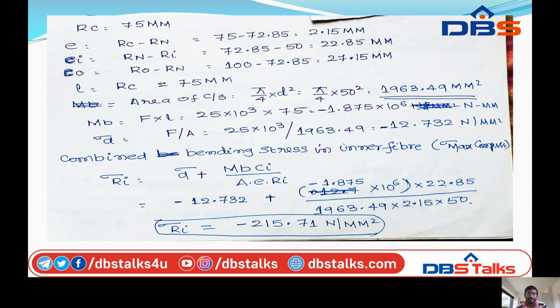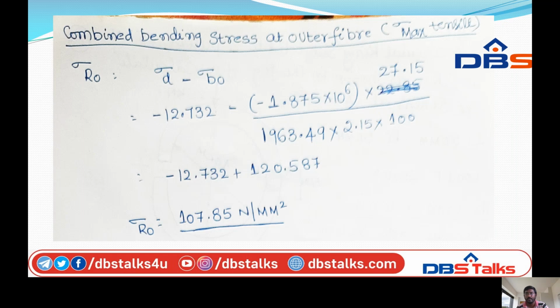Next we can calculate the combined bending stresses in the outer fiber. So sigma maximum tensile. Sigma Ro is equal to sigma d minus sigma b naught. So that is equal to sigma d minus 12.732 minus,